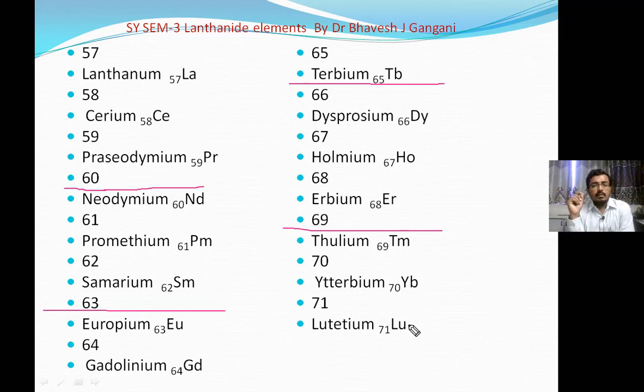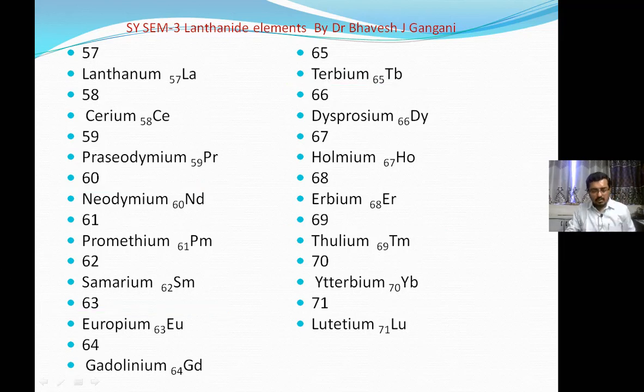But the best way is to put in your mind by using a set of 3 elements: lanthanum, cerium, praseodymium, neodymium, promethium, samarium, europium, gadolinium, terbium, dysprosium, holmium, erbium, thulium, ytterbium and lutetium. Take a screenshot of this. So name and symbol you can easily